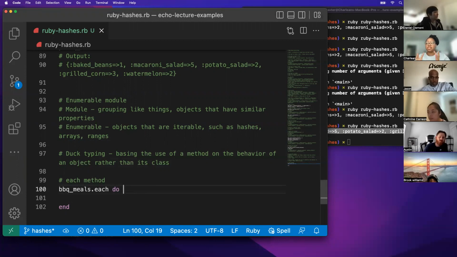So a hash is very similar to an array. It's only we have access to key and values. So I'm going to assign